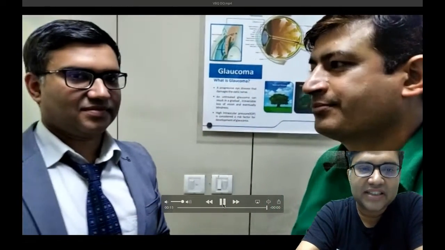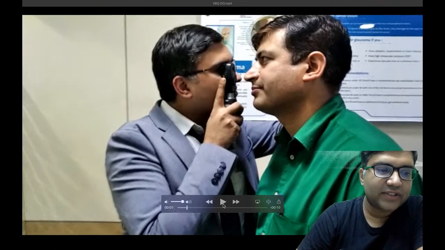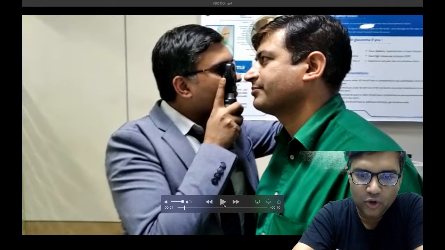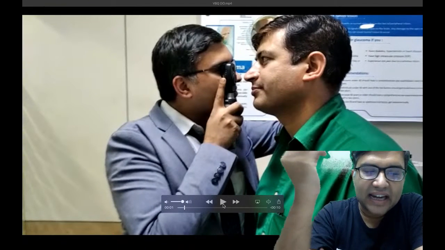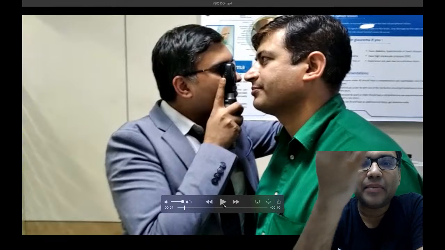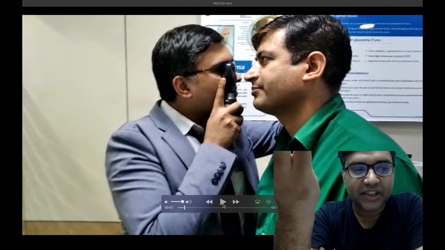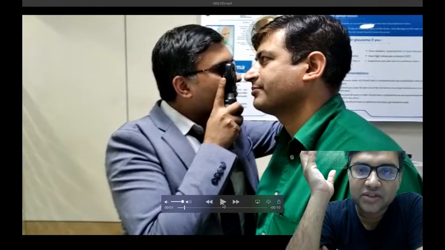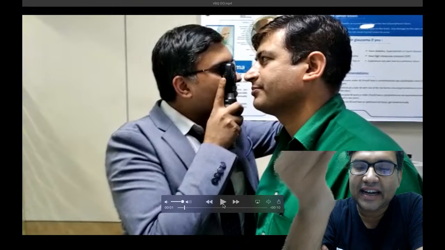This instrument in my hand is a direct ophthalmoscope. Shafiq, it is not retinoscopy, it is direct ophthalmoscopy. With my right eye, I am examining the right eye of the patient.